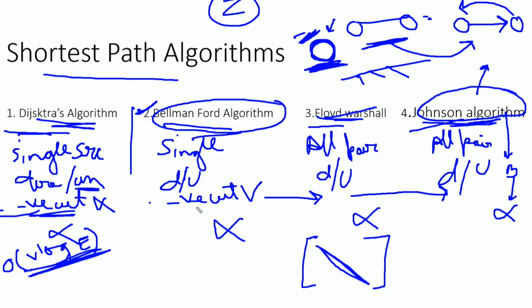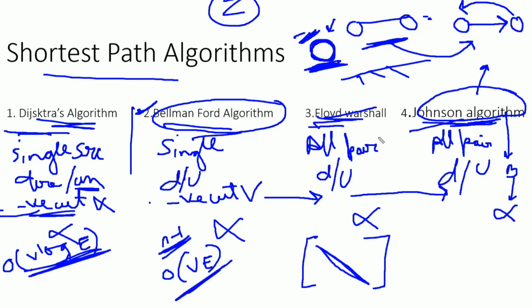In Bellman-Ford algorithm, we are using relaxation of every edge, till n minus 1 iterations. So basically we are using two for loops. One is for traversing all the edges and one is for completing n minus 1 iterations. So the time complexity it will take is nothing but VE, which is big O of V square.